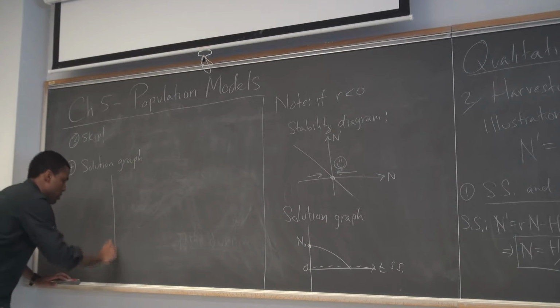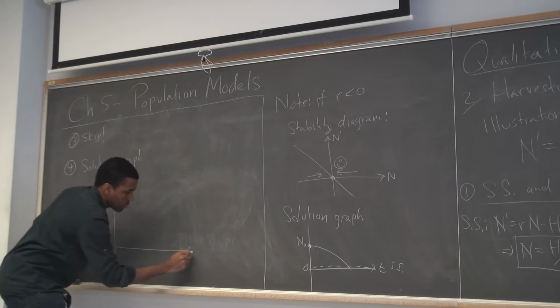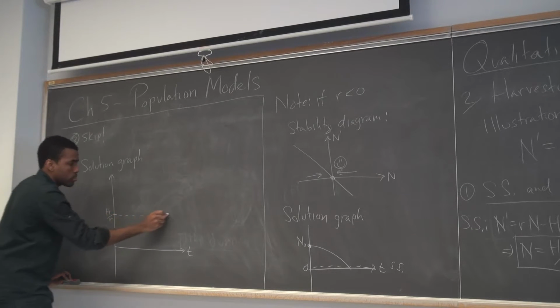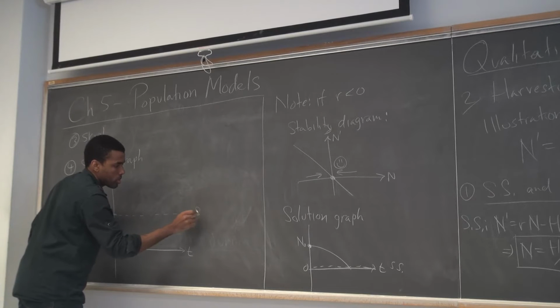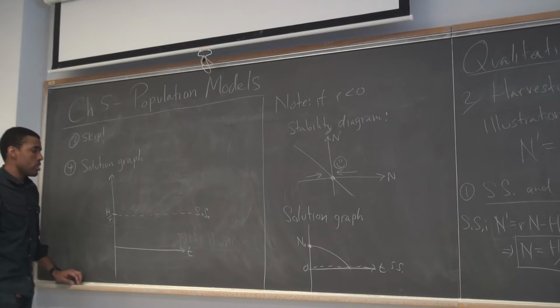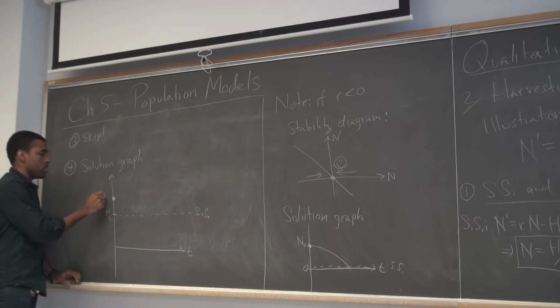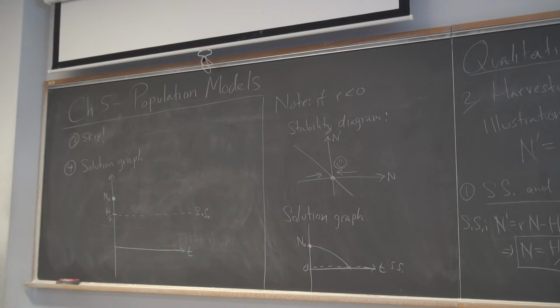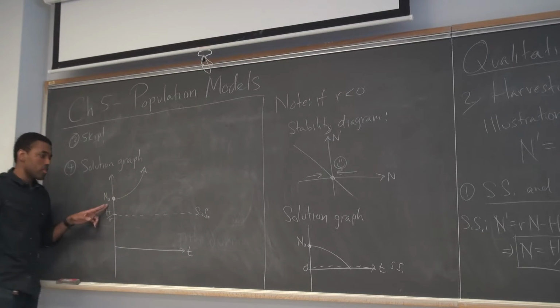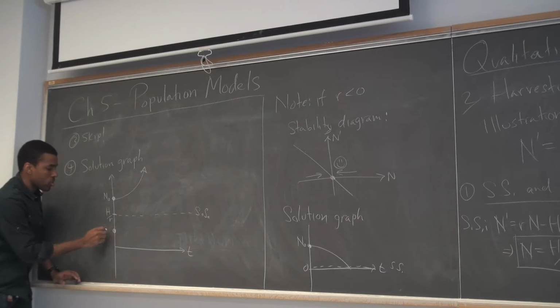So what does the solution graph here look like? Now the steady state is at H over R. There are no inflections to worry about. And so what do we know? If our initial population is above here and 0, what's going to happen? Concave up, all the way up, and increasing, because our arrow says go away from the steady state. It's an unstable steady state. So if I'm above, I will grow. If I happen to start below this steady state though,